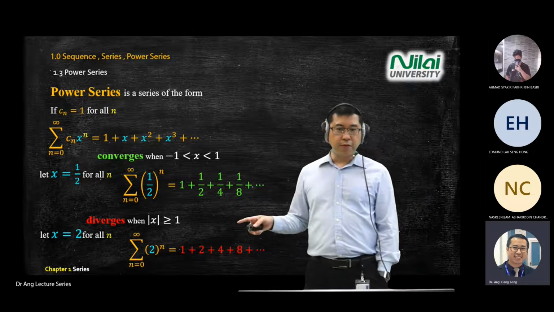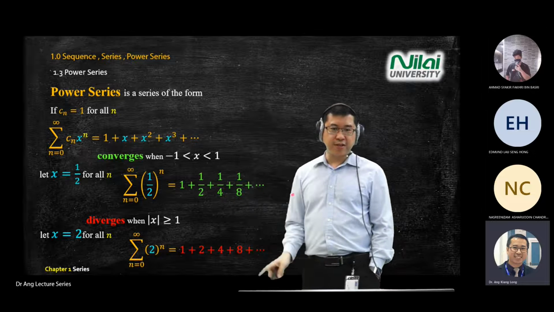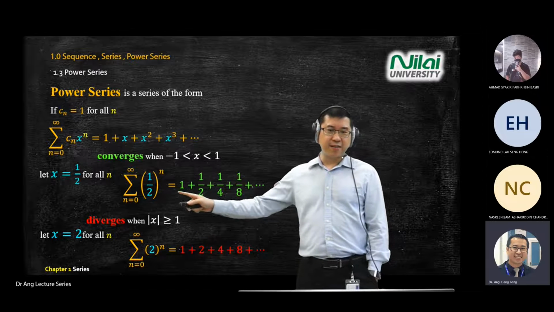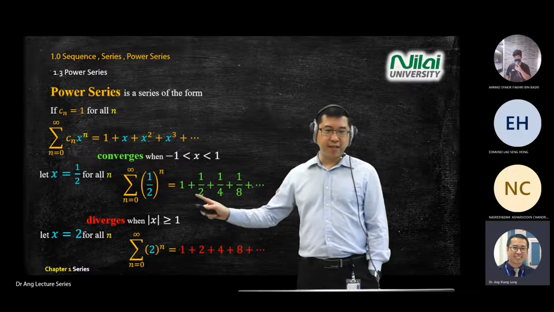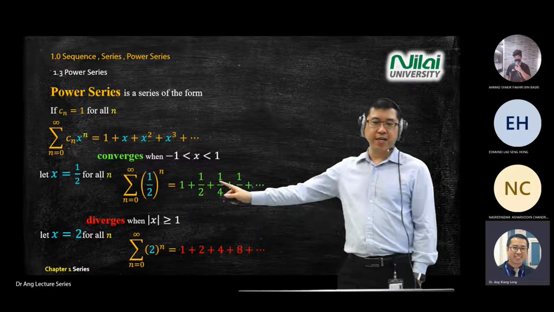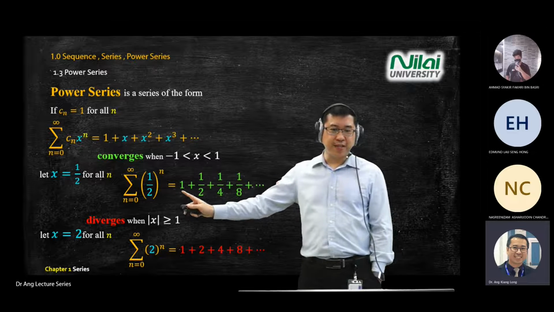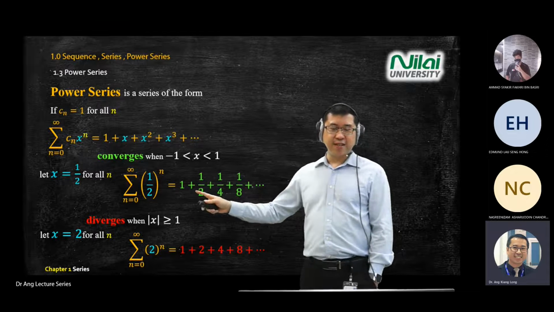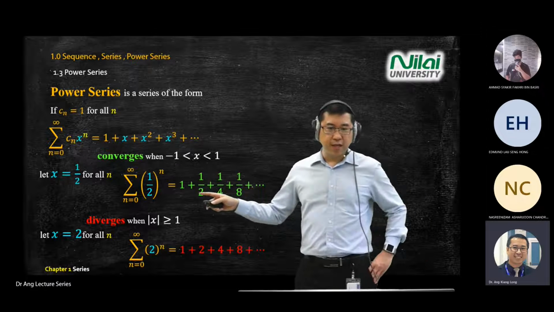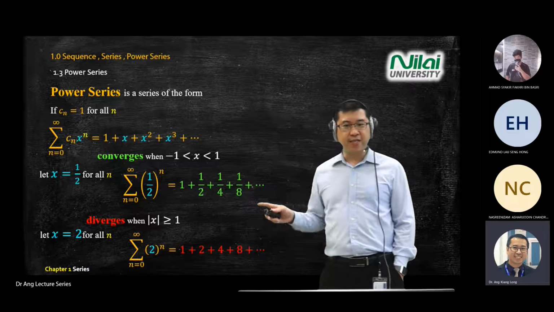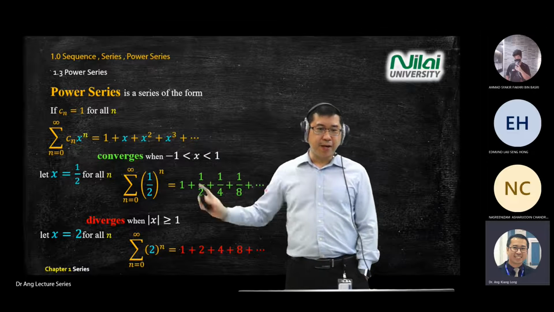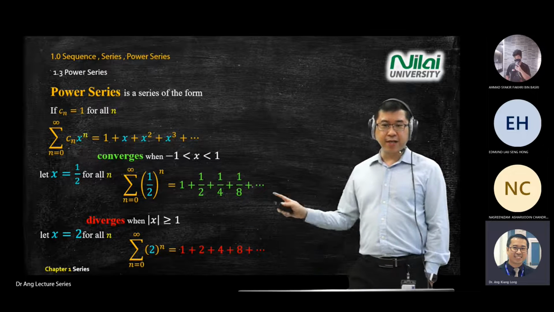So from here, we prove it. Do you see the pattern of the power series? One interesting thing: the first number in a power series is always 1. When you are working on an equation and you want to add numbers together, and you see 1 in front, it means there is a high possibility it is a power series. This is how you recognize